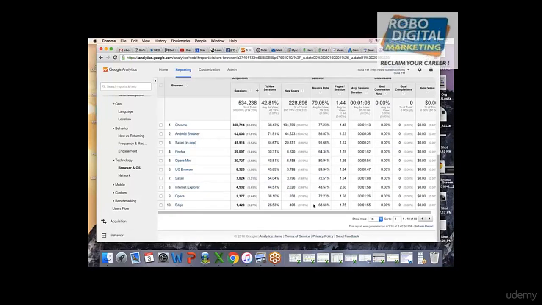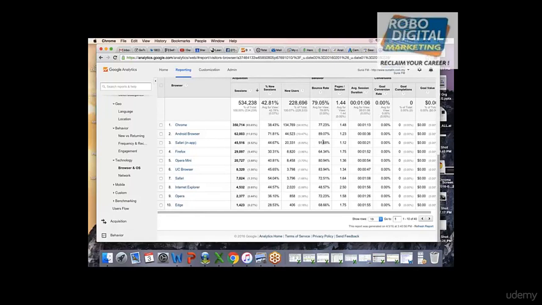As you can see, there are 3.5 lakh sessions coming from Chrome, and the time spent is fine. But for those coming from the Android browser, if you look at their bounce rate, it is 89%. Safari in-app is 91%.